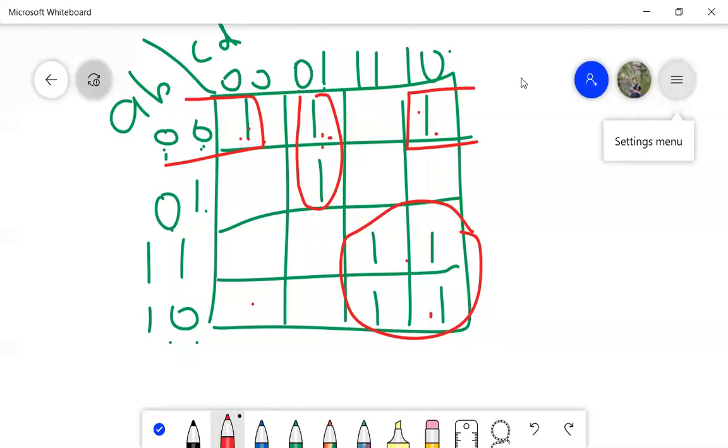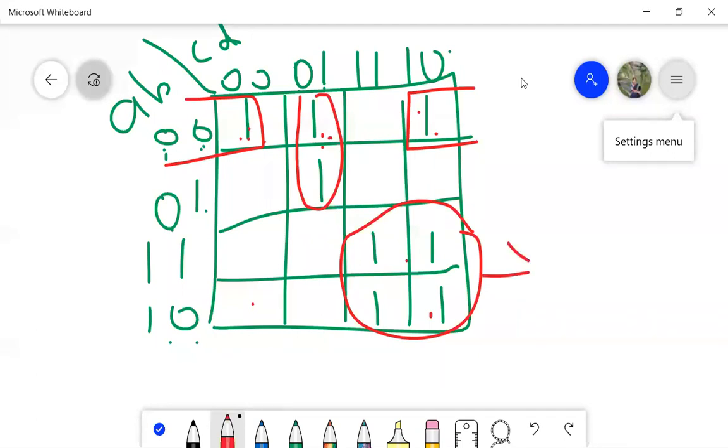Apart from that, there is something known as prime implicant also. What is the difference between prime implicant and essential prime implicant? Essential prime implicants are the simplified terms, simplified literals. Prime implicants are any group, whatever you do in the K-map, whatever you get is a prime implicant. So now, let me solve the essential prime implicant terms.